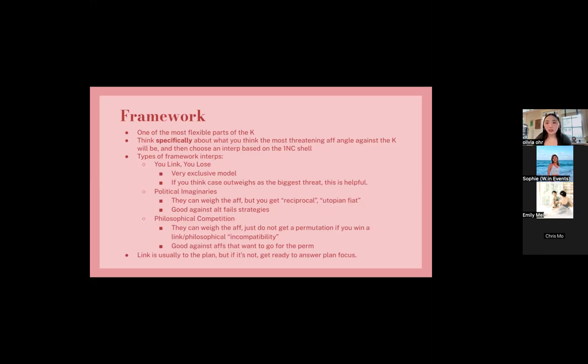So first, if you're making middle ground arguments, you should just use the idea that getting to weigh the case means that it resolves a majority of their offense. And you should explain a justification as to why you should get links to their justifications and representations. You can win that epistemology is good and helpful, and you should be able to debate about it.